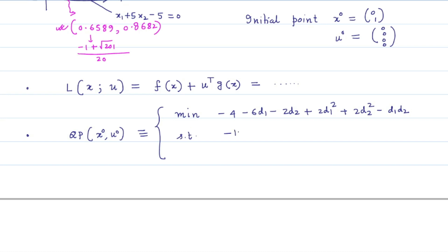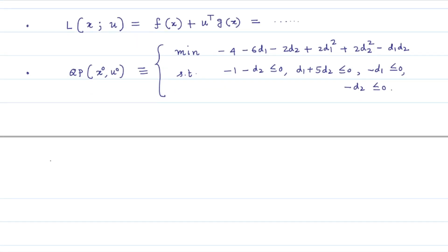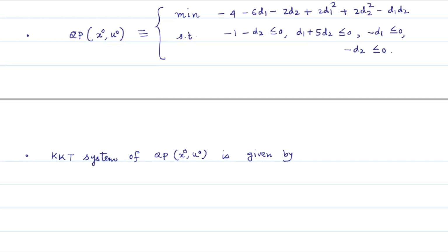subject to 1 minus d2 less than equal to 0, d1 plus 5d2 is less than equal to 0, minus d1 is less than equal to 0, minus d2 is less than equal to 0. Now to solve this quadratic programming problem, the KKT system of QP x naught u naught is given by, you please find out what is the KKT system of this problem and cross check with